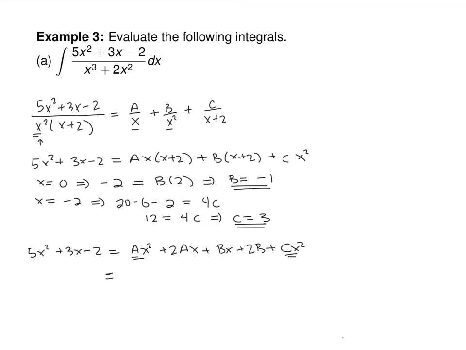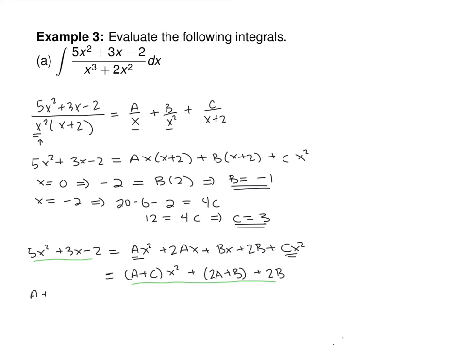So grouping them together, we have a plus c times x squared. For the x's, we have 2a plus b, and our only constant is that 2b. And if this side is to equal this side,